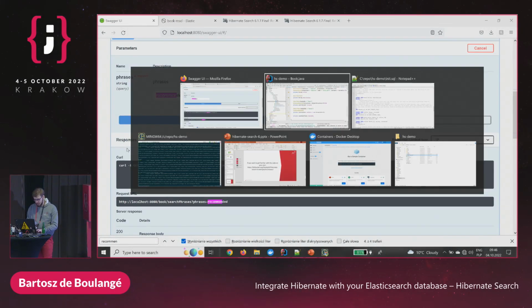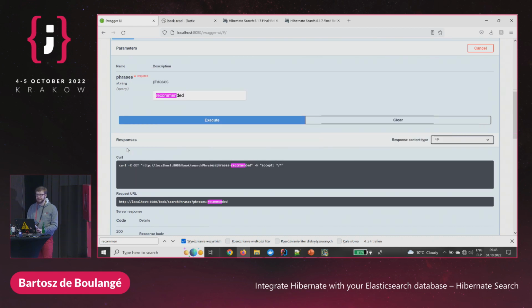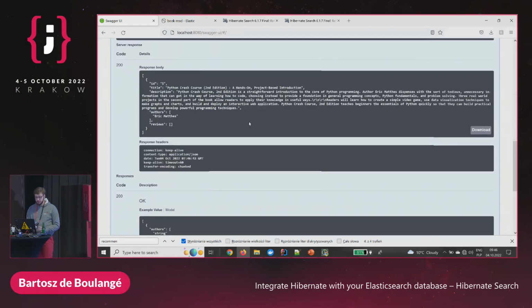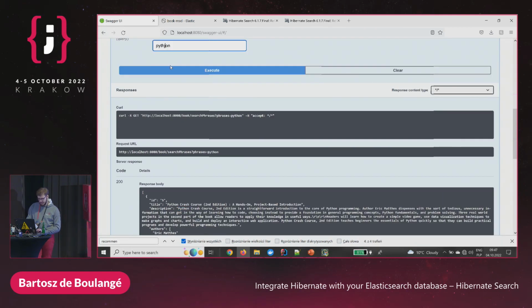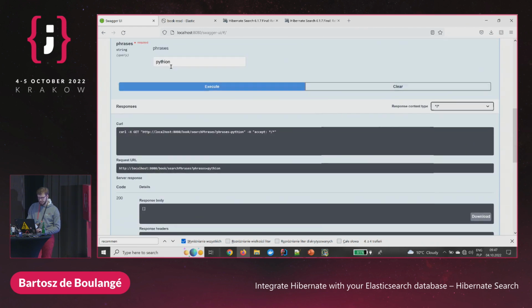So maybe you'll give me some catchphrase I could search for. Python, okay. Let's see anything about Python. Okay, there is one book, Python Crash Course. We found it. We searched for description, so title was included, but in description it's, yeah, sure. We can probably make a mistake or no. No, we can't because we haven't used the fuzzy search in which we could